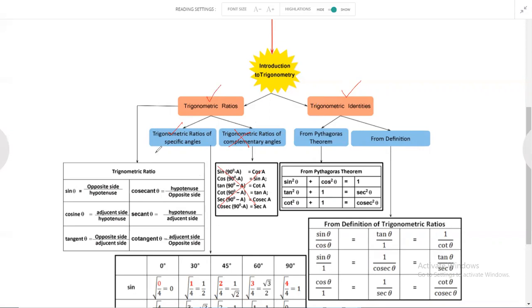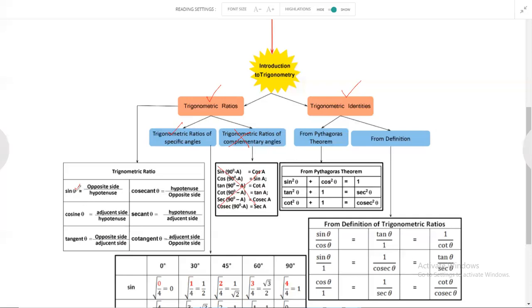Now, trigonometric ratios. What are the main trigonometric ratios? If theta is any acute angle of a right-angled triangle, then there are 6 trigonometric ratios in a right-angled triangle, which connect any two sides with respect to an acute angle theta. We know that in a triangle there are 3 sides and 3 angles, so total 6 measurements are there in a triangle. So there are 6 trigonometric ratios as well.